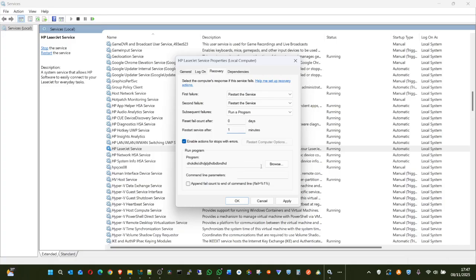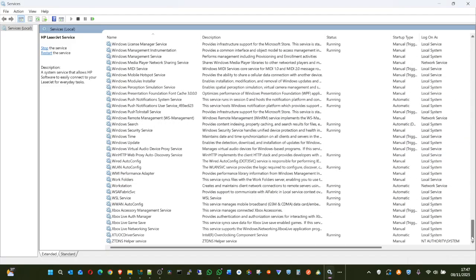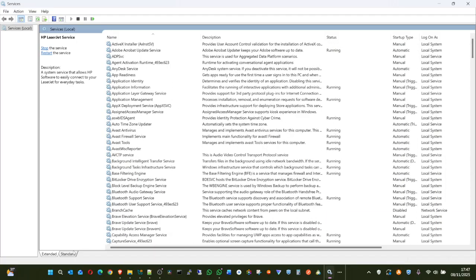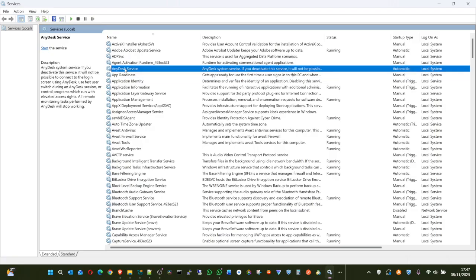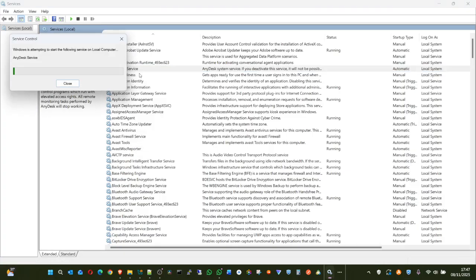So these are some of the hidden settings in services, because this service is very, very key. You can see hundreds of services. Almost every application that we have installed has a service installed right here. And this is what we have about it. You can see AnyDesk. AnyDesk is here. If I say start now, AnyDesk is not running. You can see it's not running right here. But if I start it right here now, it will come up.